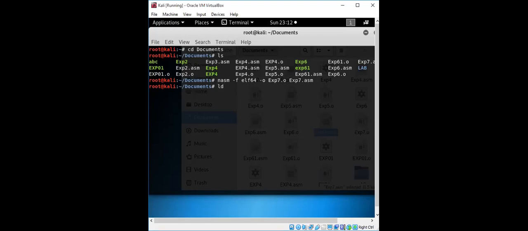We'll load EXP7.o and the executable file. We'll take it to the EXP7 output file. So let's do it.